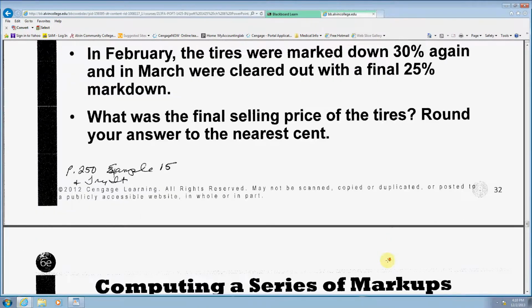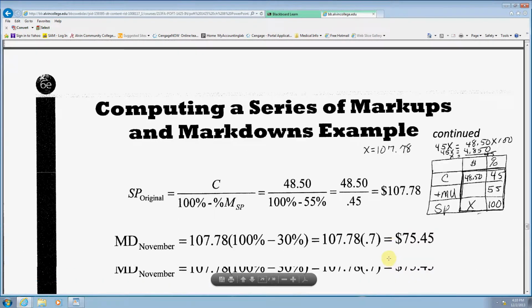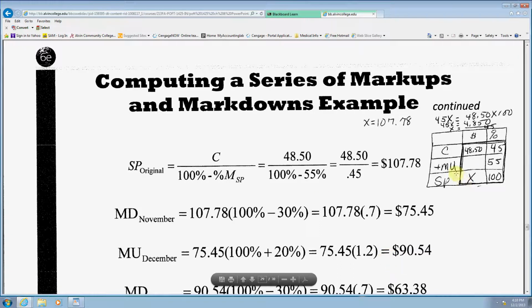We can use our box and put in our known items. We know that the original cost was $48.50. We know that we're trying to solve for the selling price, and selling price is based on 100%, and we have a markup at 55. So we subtract to get our 45% of cost, and then we use our square, the outer corners: 45x equals 48.50 times 100. And when we work it out, we get the same thing as if we had used this formula,